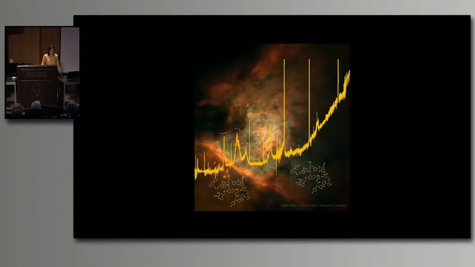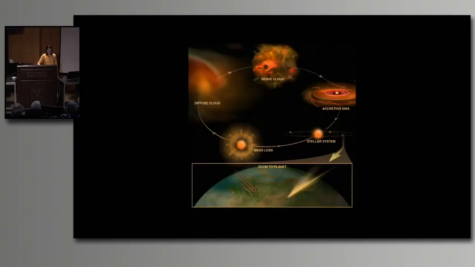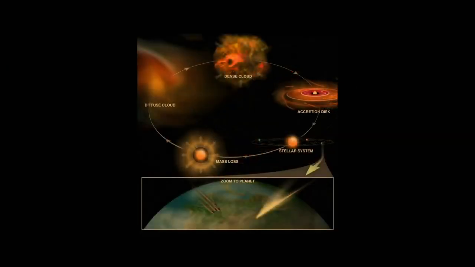So how do stars and planets form? Stars are born in clouds of gas and dust. One region of the cloud gets very dense and very hot and collapses under its own gravity. And at some point, the star ignites, and this is when the star is born. Around these protostars, there is an envelope of gas and dust, and because everything is rotating, because of conservation of angular momentum, you form a disk. This is what we call a protoplanetary disk.